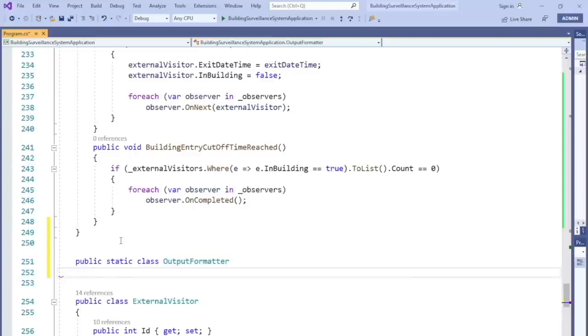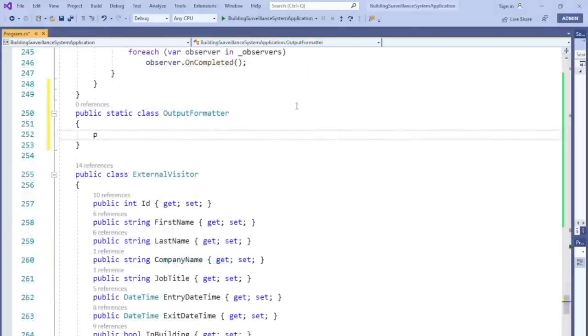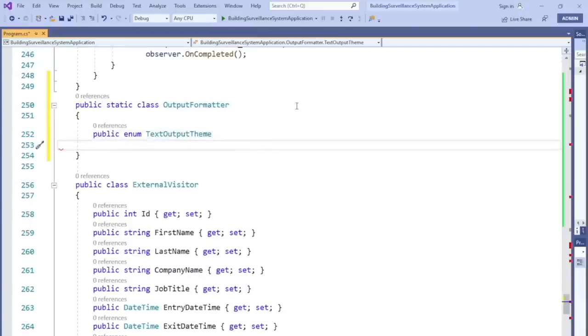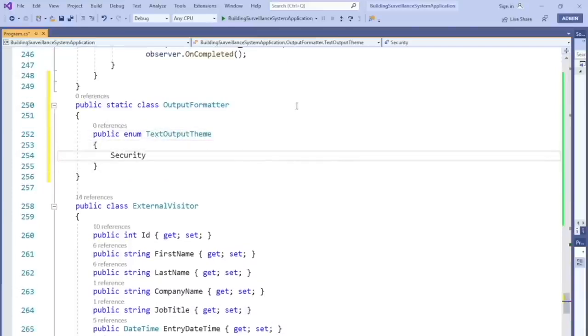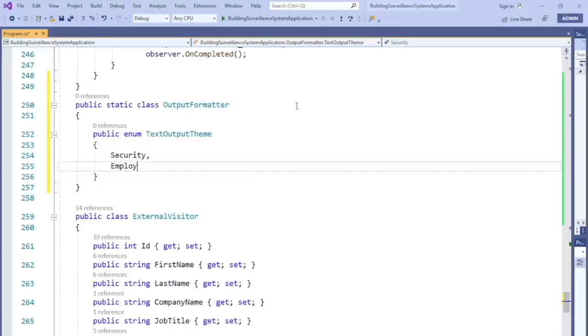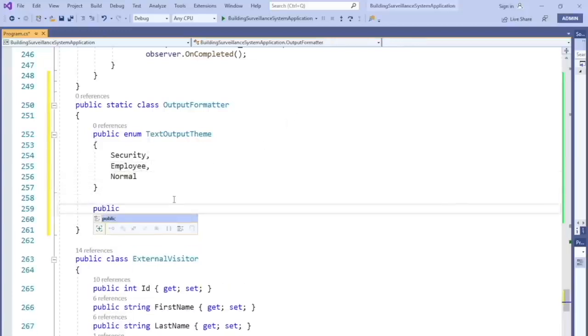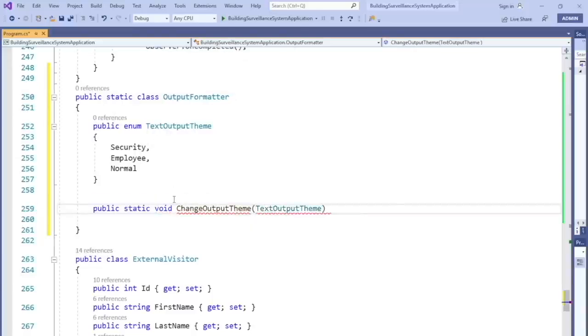Let's create a public enum and name it TextOutputTheme. Each list item value in this enum denotes an output theme. So let's name the first enum list item security. Let's name the second enum list item employee. Let's name the third enum list item normal. Let's add a method to the static class. Let's name this method changeOutputTheme. This method contains one parameter named TextOutputTheme and is defined as the enum we have just created,